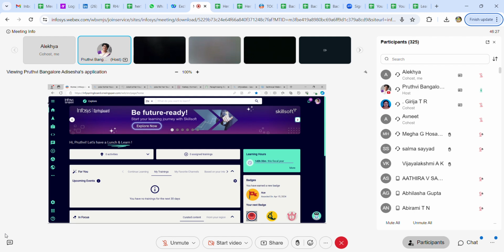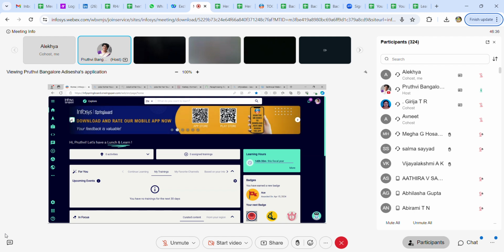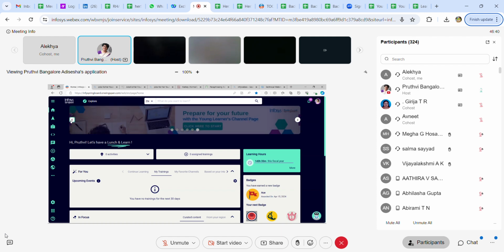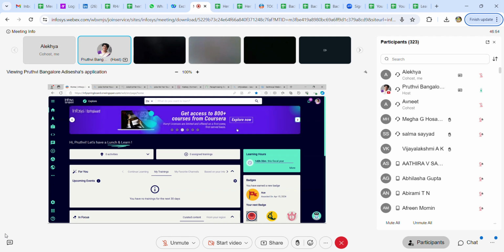Secondly, once you get into the platform, here you can see there are a lot of banners, right? So anything that is happening new will be notified on these banners. Recently we had many courses and guided projects added by Skillsoft, who are one more digital content provider. Similarly, if we have any sessions or master classes happening, we will notify you on